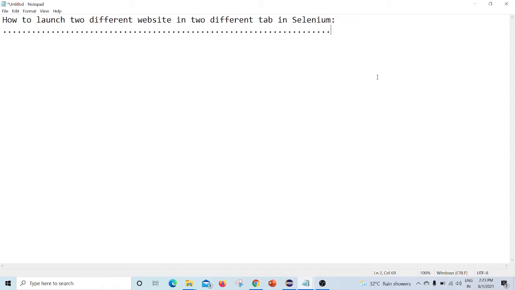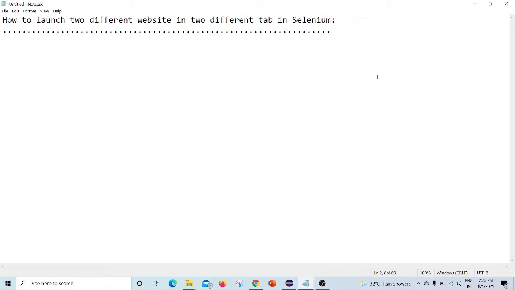Selenium 4.0.0 introduced a new feature, the new window type concept. With that feature we can launch two different websites in two different tabs on the same browser.